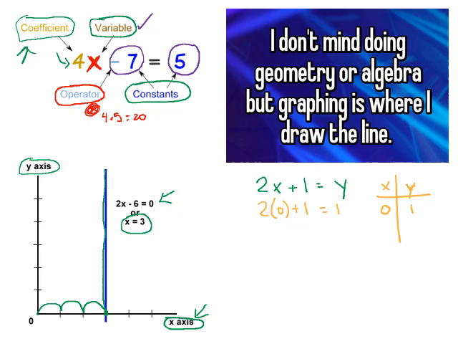What about if I plugged in a 1 for x? Well, 2 times 1 is 2, plus 1 is 3. So if x is 1, y would end up being 3. We'll do one more. If I use 2 for x, 2 times 2 is 4, plus 1 is 5. So if x is going to be 2, that would make y